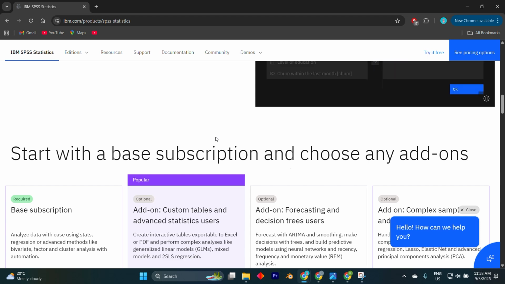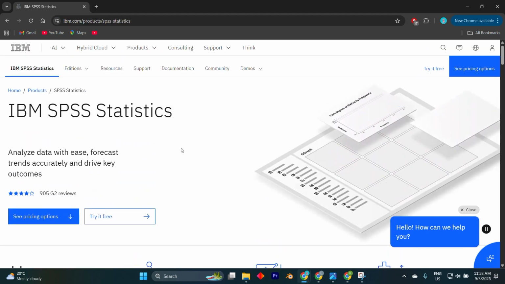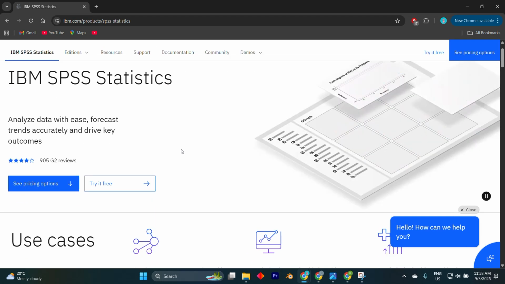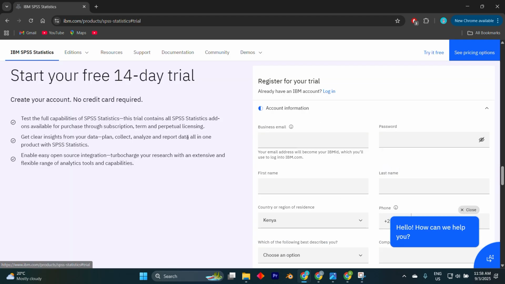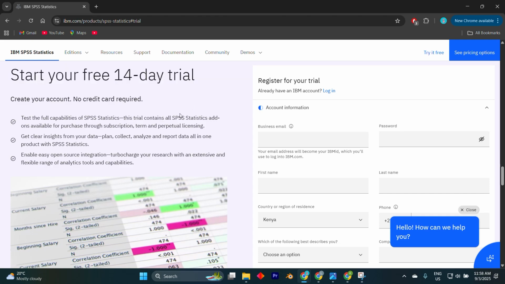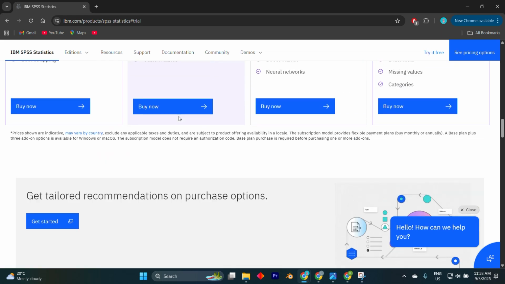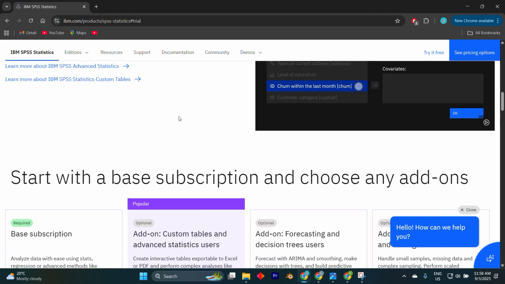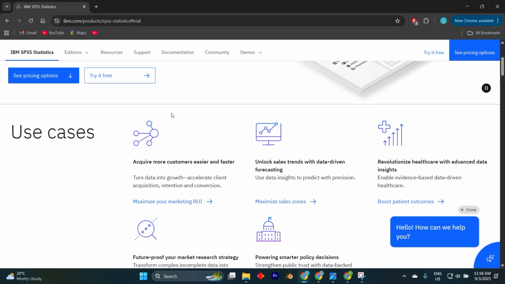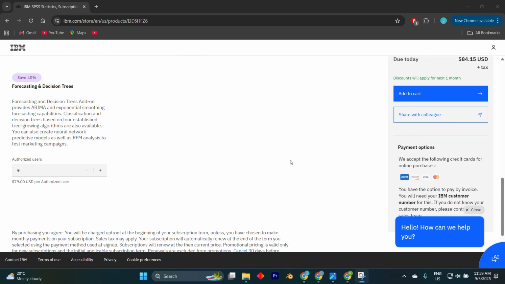To begin, you'll need to go to IBM's official website in your favorite browser and access the SPSS Statistics download page. IBM usually offers a free trial version which you can use for a limited period before purchasing a license, or you can log in with your IBM account if you already have an active subscription or university-provided license. Once on the download page, select the version that matches your operating system, whether it's Windows 10, 11,